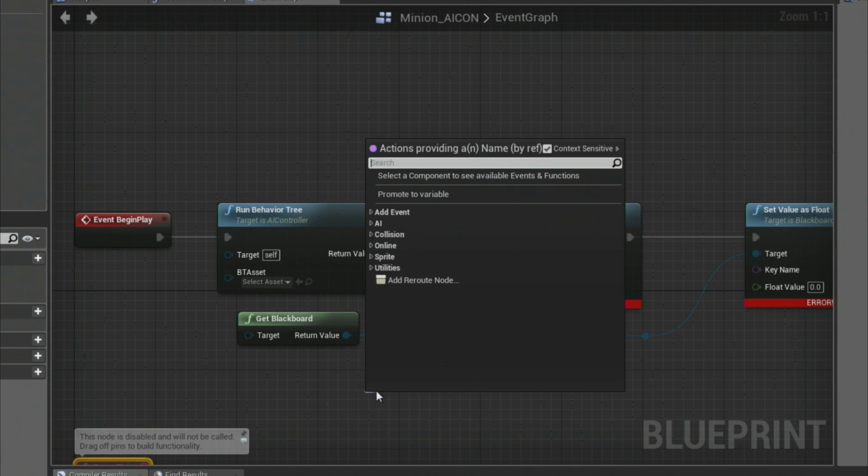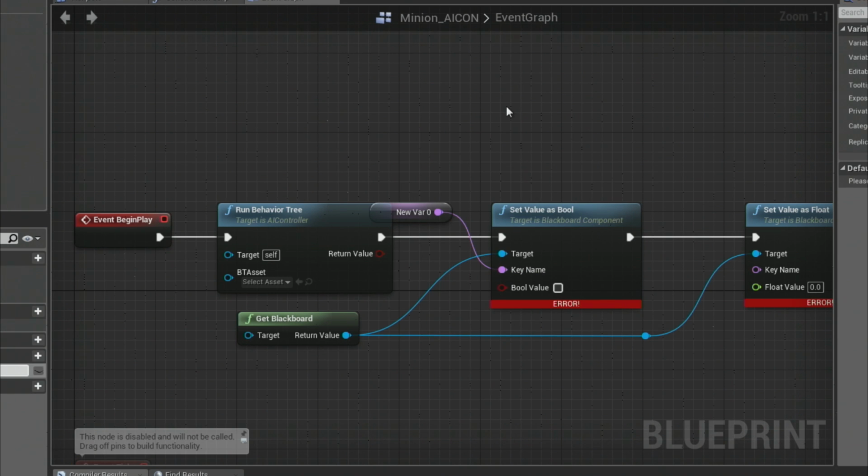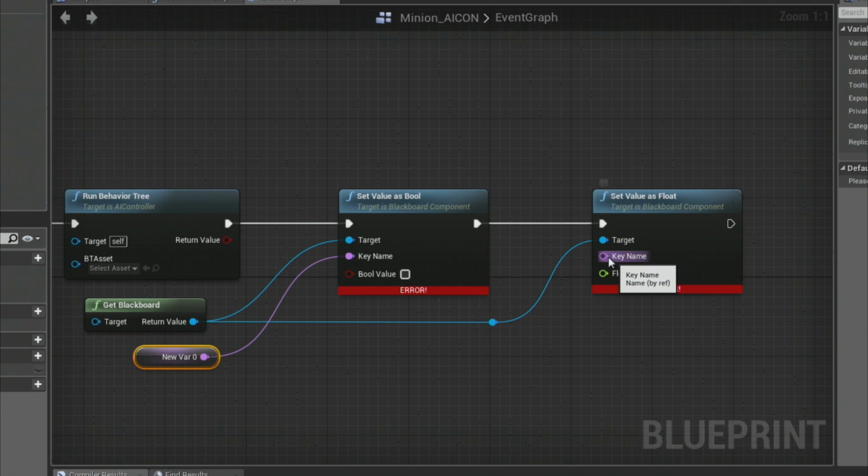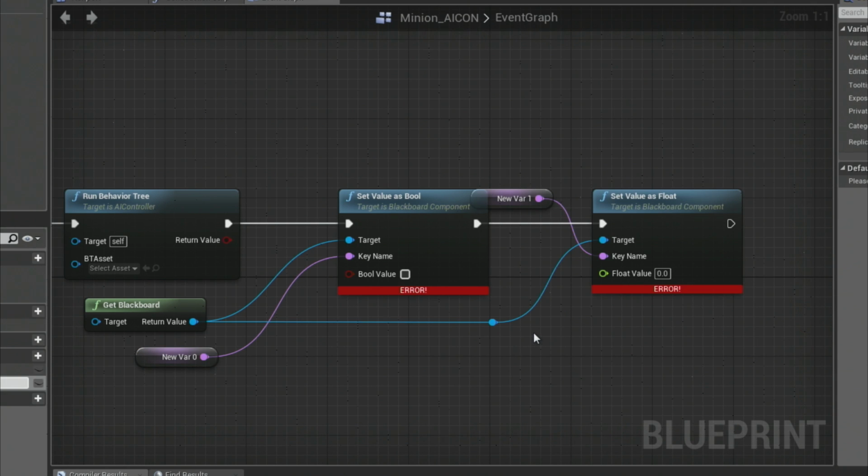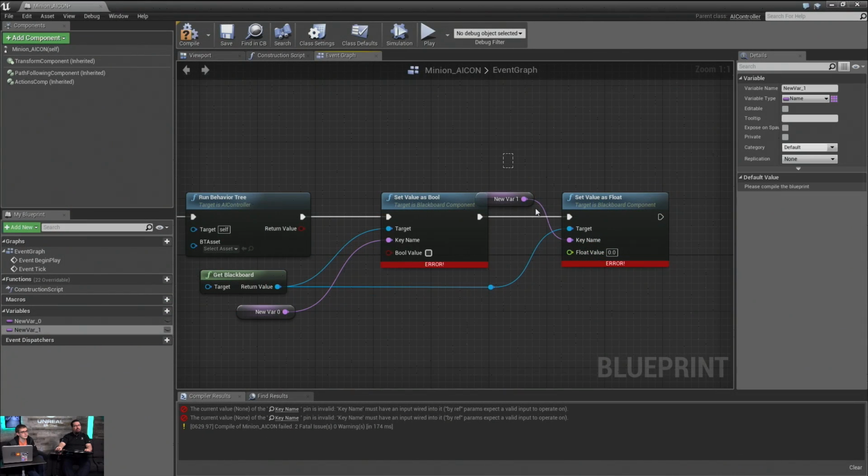So we'll need a key. I'm going to promote this. We don't know what it's named yet, that's okay, because we'll just name it now. If you've never worked with the Blackboard outside of any of the behavior tree components, such as tasks or services, these are really kind of awesome.